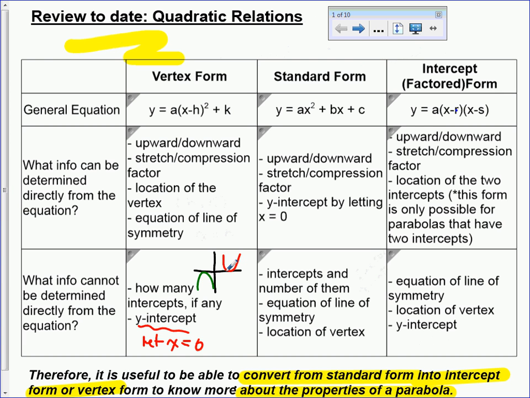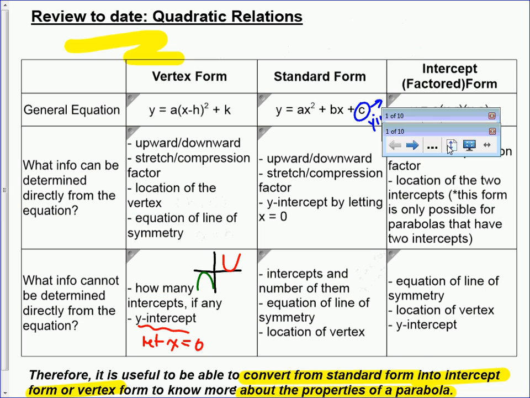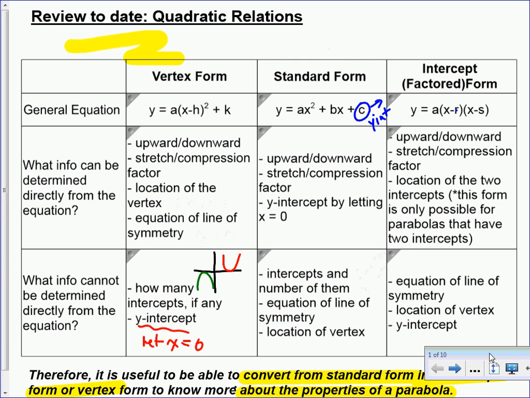Now we also have the standard form, and the same concepts for the upward and downward openings based on the a value and its stretch and compression factors still apply. The only thing that comes out of this is that we have y-intercepts that come about by just checking the c value. So this is our y-intercept in this case. Now, in the standard form, there's no real way that you can determine the number of intercepts,